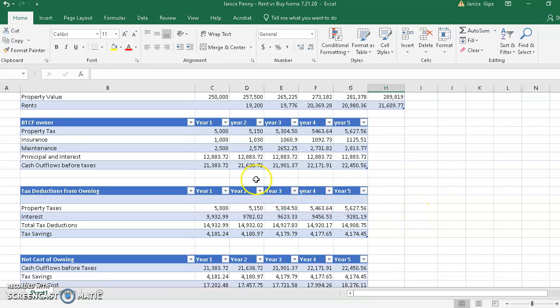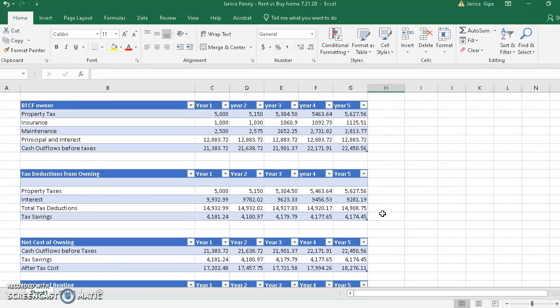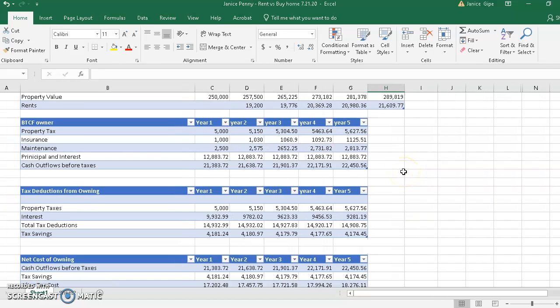And then of course, as you well know, these numbers are going to increase with the 3% per year. This number of course does not, which gives you, after 5 years, total cash outflows of